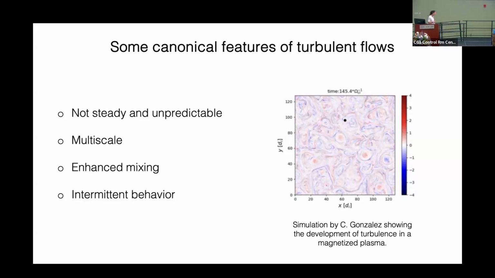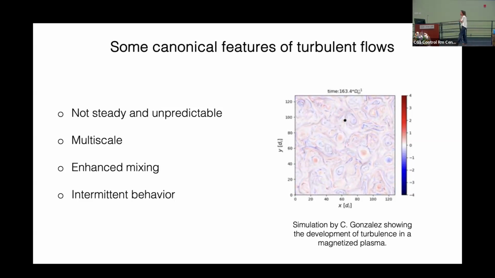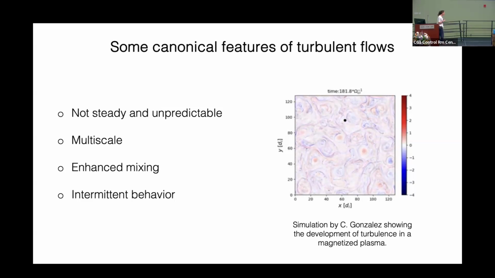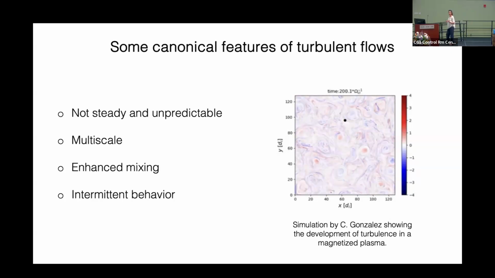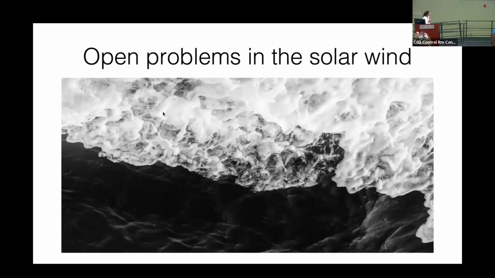So plasmas, especially collisionless plasmas, are not, strictly speaking, fluids, okay? But they do display similar properties. They display a collective behavior which manifests itself, for example, in the form of propagation of waves, and turbulence is another example. So in this lecture, I'm going to use the fluid description for plasmas, and in particular, the magneto-hydrodynamic description that, as we discussed, works fantastically well.